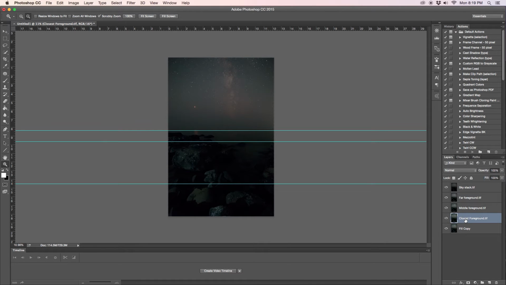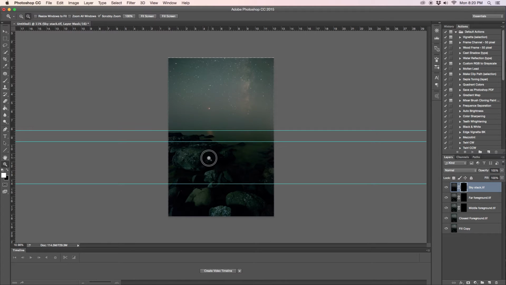Then we got the closest foreground. And here, if you hit Option on the Mac or Alt on the PC, you can get a black mask. You don't have to invert it. Just hold down Option each time you click it. So now I got a black mask on everything, so we're just seeing the closest foreground. Because I've got it marked out,